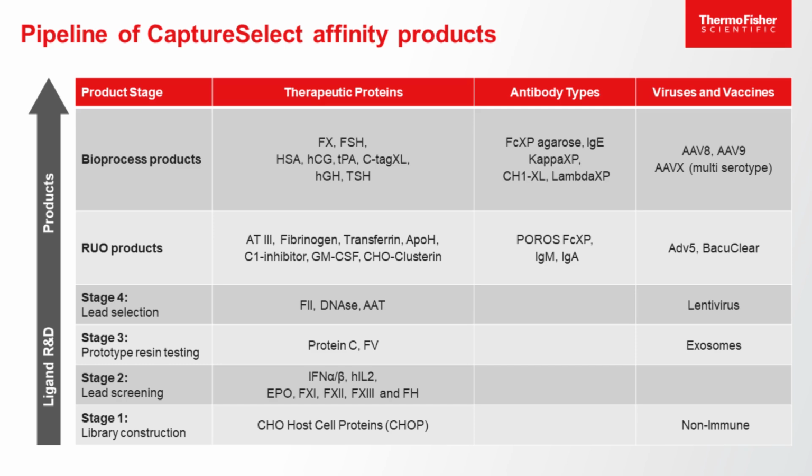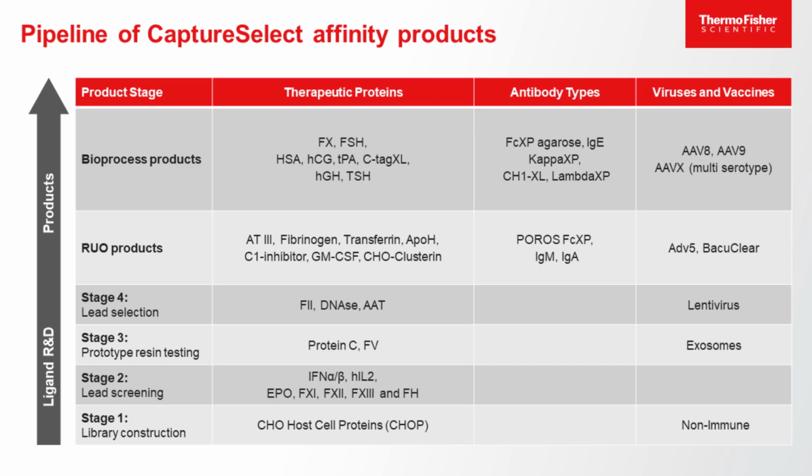So besides, of course, our custom program, we continuously keep on innovating, of course, to keep track of new developments in the biopharmaceutical manufacturing space. So this is a snapshot of our pipeline, which are actually the products we either have in development or are close to being launched as a GMP product. From top to bottom is basically our work packages, which I've discussed earlier. If you go to the lower side of this slide, you can see stage 1, which is basically work package 1,